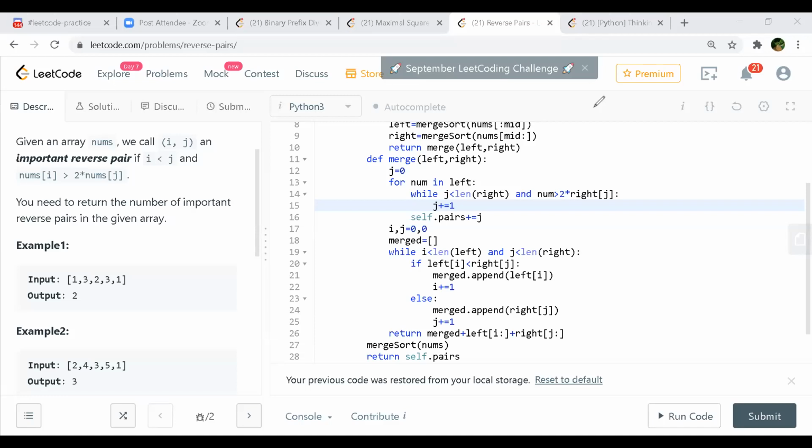Shashank, just to validate my understanding: if the ith element in the left array is sufficing this condition of 2 greater than nums of j, are you saying that the next element in the left array would also be validating this condition? Definitely, because this array is sorted, right?